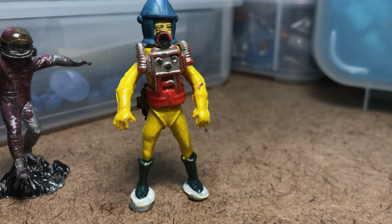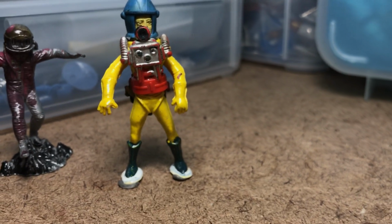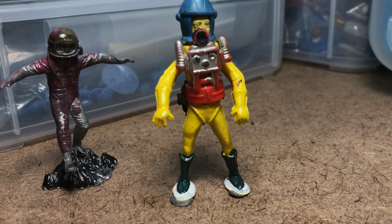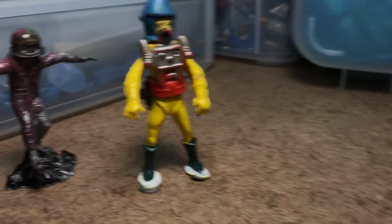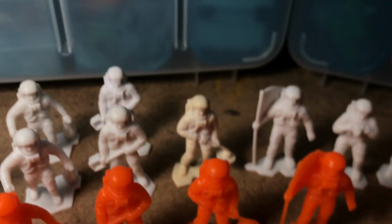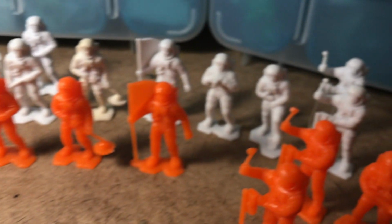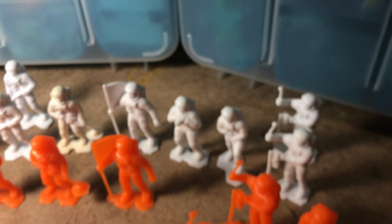These guys first appear on the scene, I want to say 65, 66, maybe later than that. I know that they were issued with the hill climbing vehicles, or the Moon Train, which had the hill climbing vehicles in it, and that was 1968. And then they got around to the Apollo astronaut starting in 1969, first in the 6-inch configuration and then smaller here. And the ruckus is me getting out my